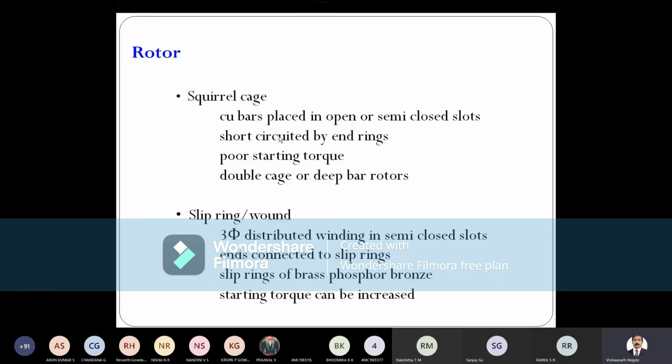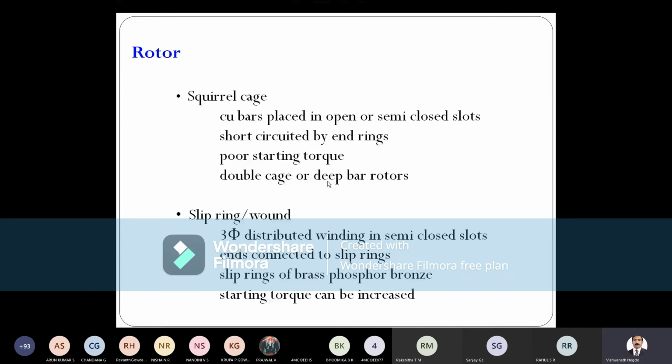Actually, in these open or semi-closed or closed slots, most of the times it is semi-closed or closed slots in squirrel cage induction motors. What they do is they will hammer these copper bars into these slots. Copper bars or copper rods are hammered from one side to the other side. Okay, and then for your information, these copper bars which are around the